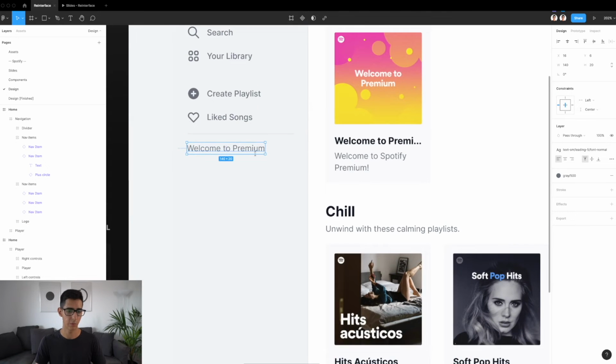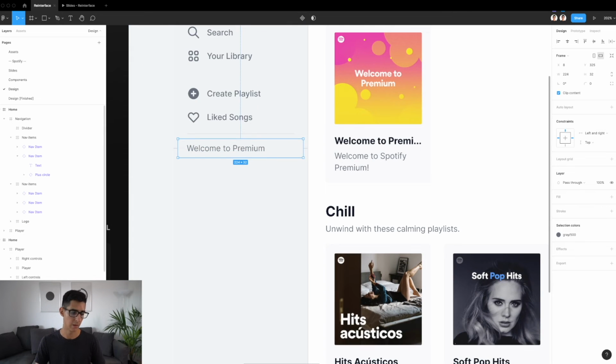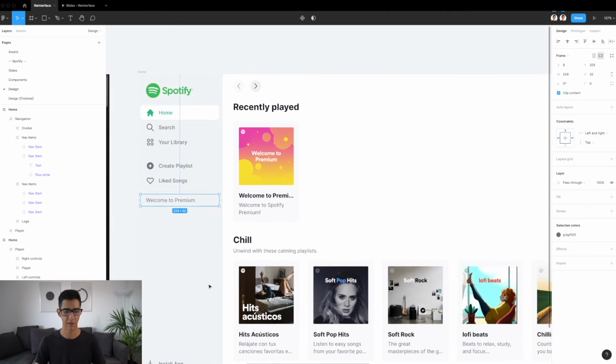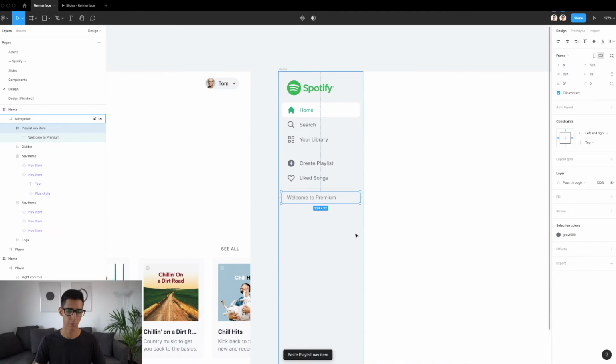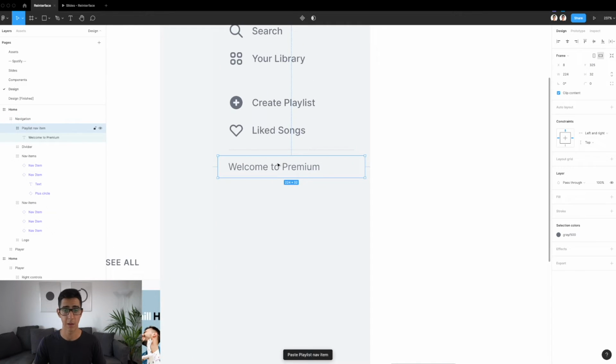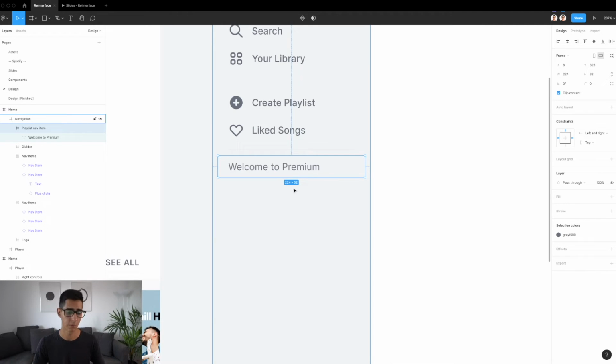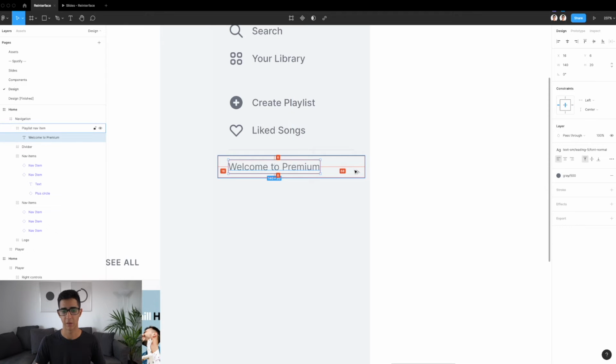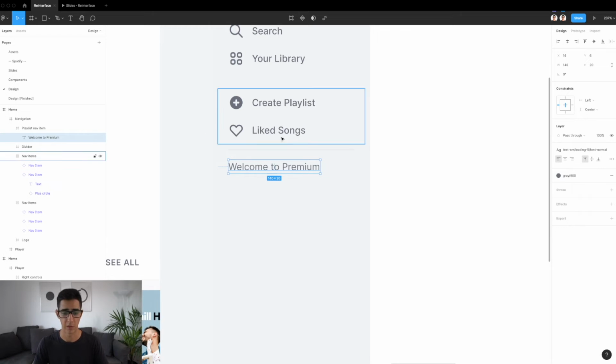And then this one is just going to be, I just coined this as the playlist nav item component. Didn't actually make it a component, but it could be. This is just going to be a simple 32 pixel height frame, right? And inside is going to be a text called Welcome to Premium, which is the playlist that I am assigned to when I created an account